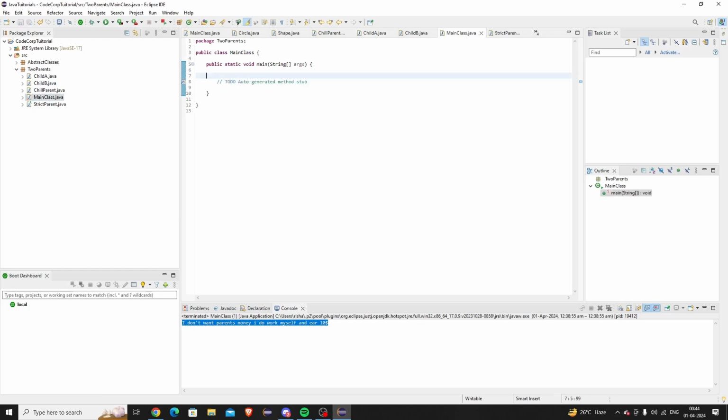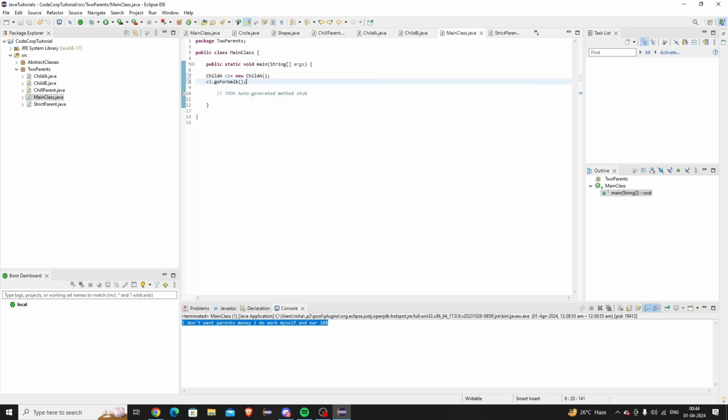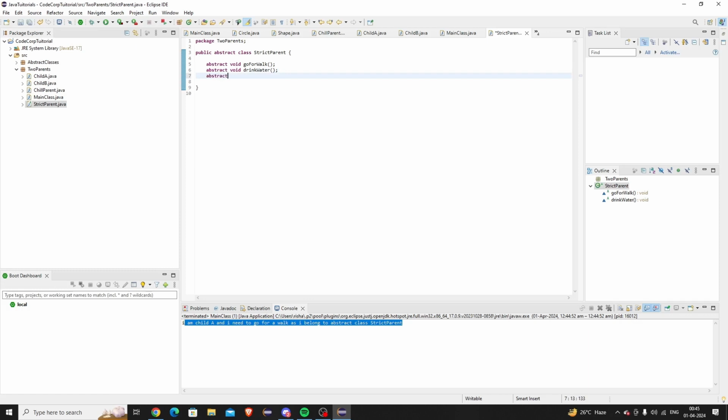So here if I am creating now an object of the child a, new, it is saying like I'm a child a, I need to go for a walk as it belongs to abstract class strict parent. So whatever I am defining here, abstract class